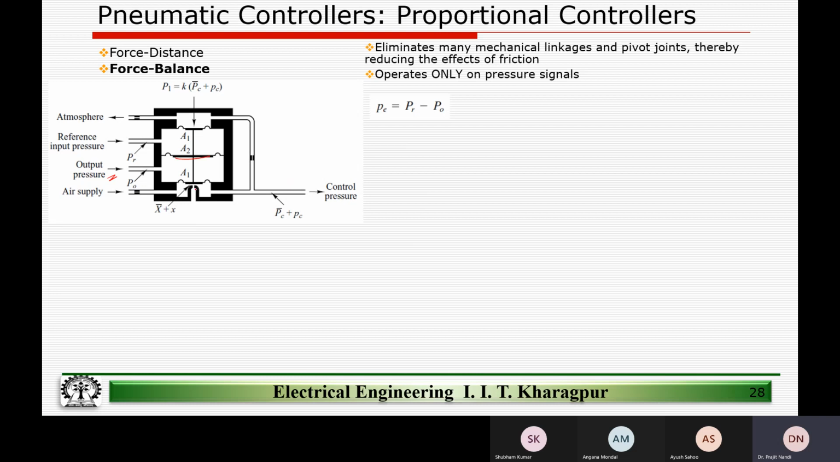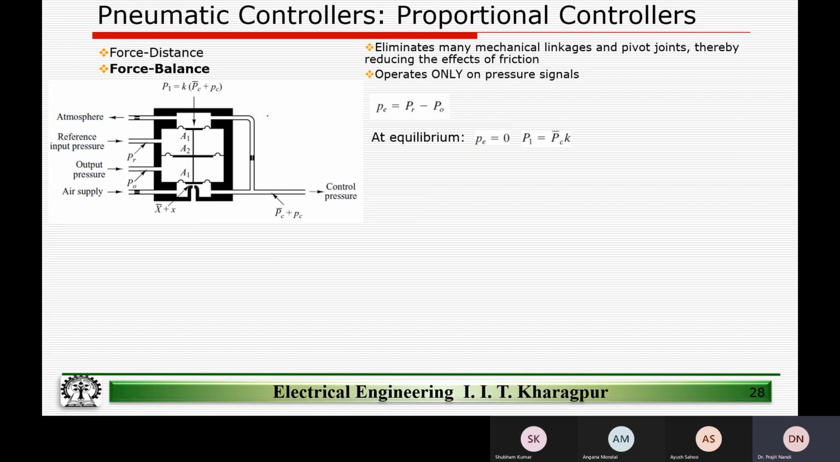So this structure, based on the force difference, will change the gap here. The average gap is, let's say, x bar, and the incremental small signal is x, and that will incrementally change the control pressure from average PC to an incremental amount, small pc, right? Equilibrium, of course, as we know, the error signal should be 0. The reference input pressure and the output pressure should be equal, right? Which means,